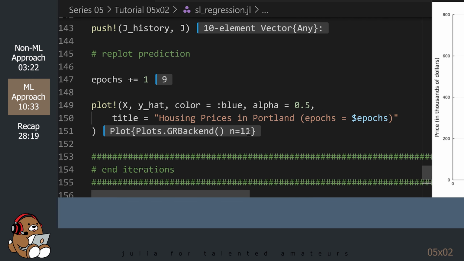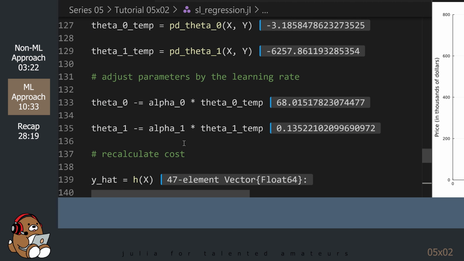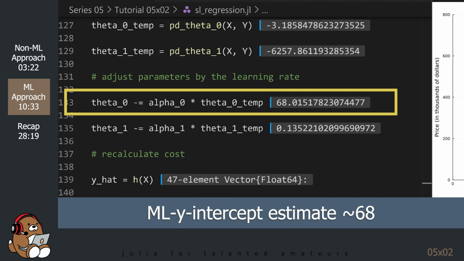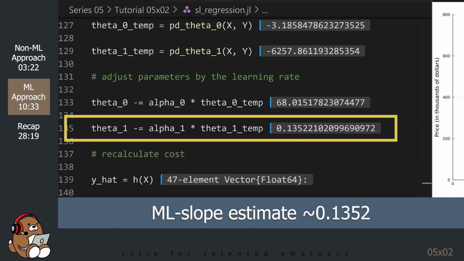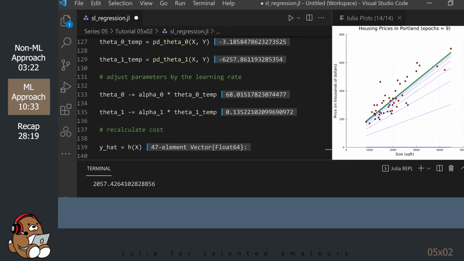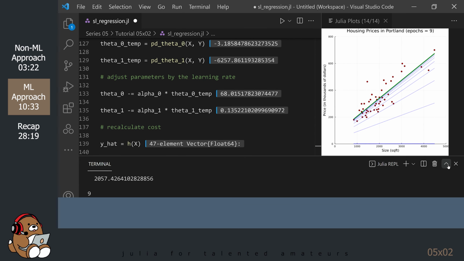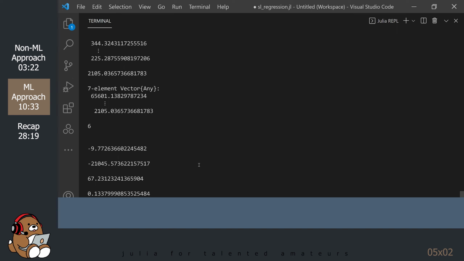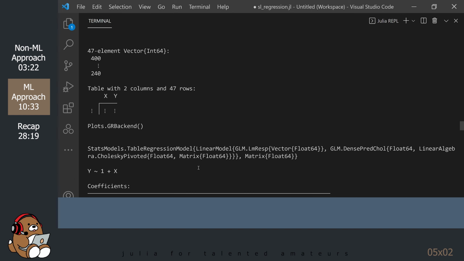If you scroll up, you can see that the last estimate for the y-intercept, or theta 0, is around 68, and the estimate for the slope, or theta 1, is around 0.14. If you maximize the REPL and scroll up, you should be able to find the coefficients calculated by the GLM package.